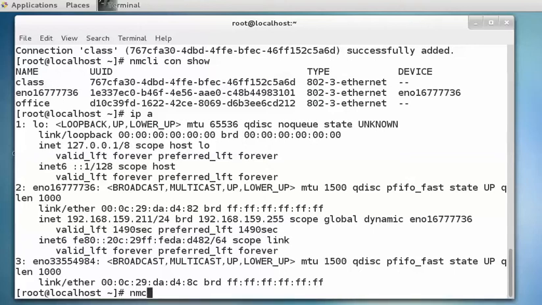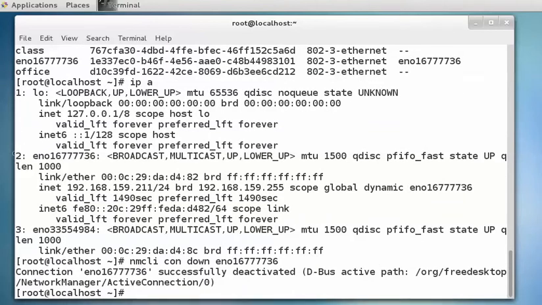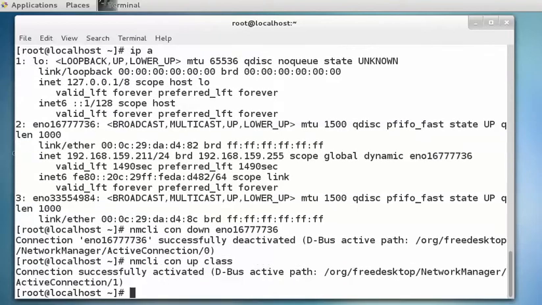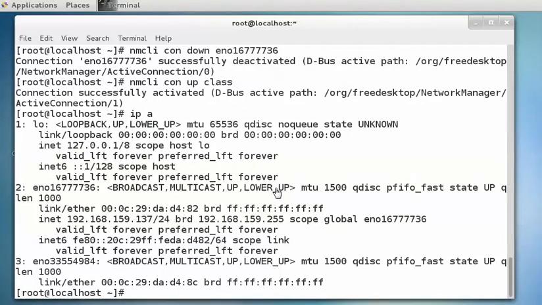So if you write nmcli con down and then the name of the connection, this connection is taken down, and if you want to apply the class connection to the device, you have to write nmcli con up and then the name of the connection, class, right? Then ip a. Now these settings are applied to the device, meaning the IP address is now 192.168.159.137, the address which is given statically. But if you want to assign the address dynamically by using a DHCP server, then for that